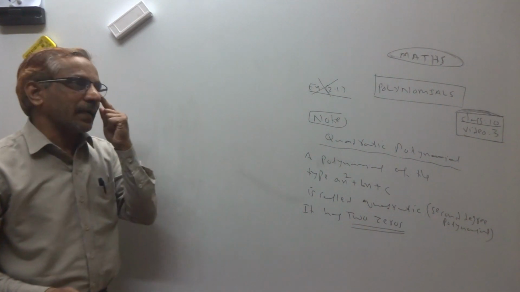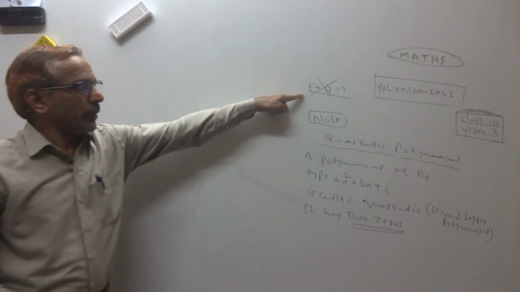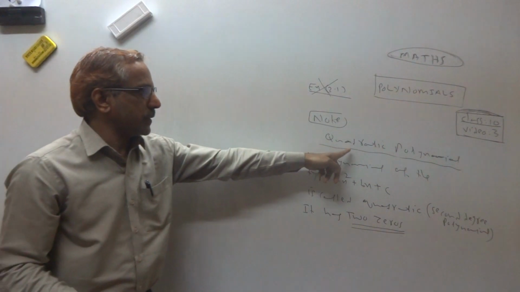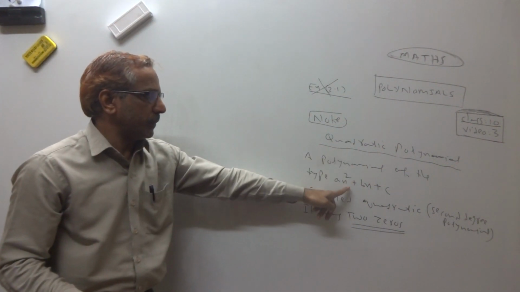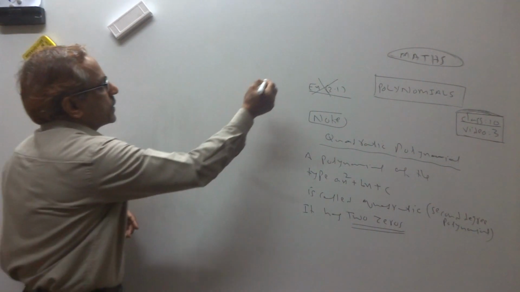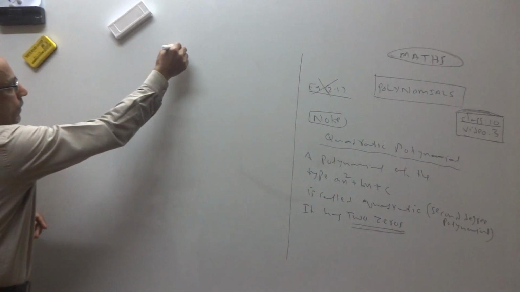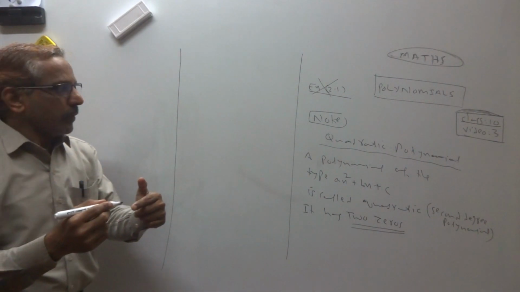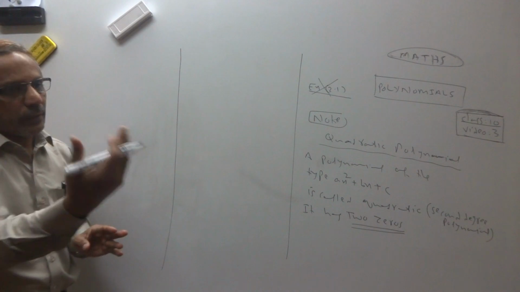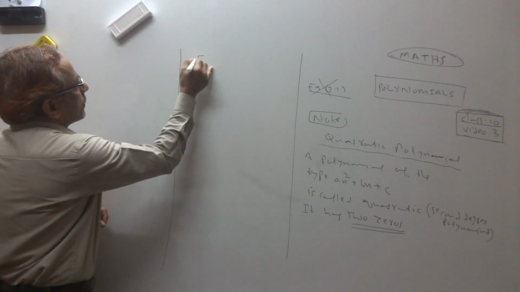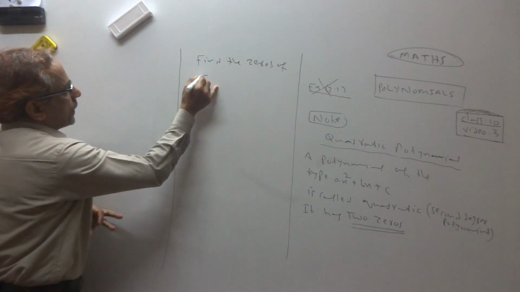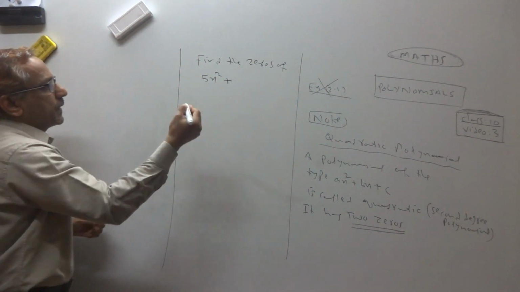Now what is there in the second exercise, after 2.1, 2.2? How to find zeros. First, of this quadratic polynomial, how to find the zeros, and it has 2 zeros we know. So first we do questions based on this, how to find zeros. After that, next is the relationship between the zeros and the coefficients. That will be the next. So today we are doing how to find the zeros, please see different examples.